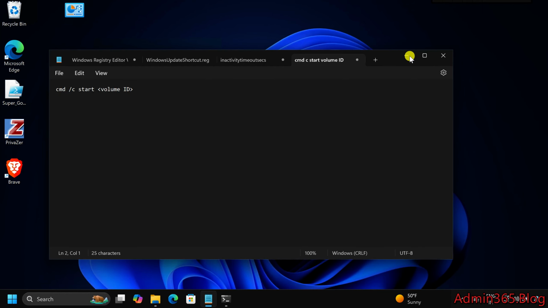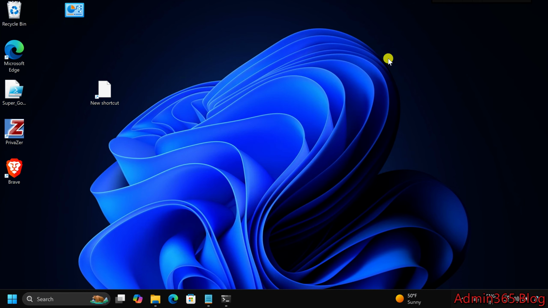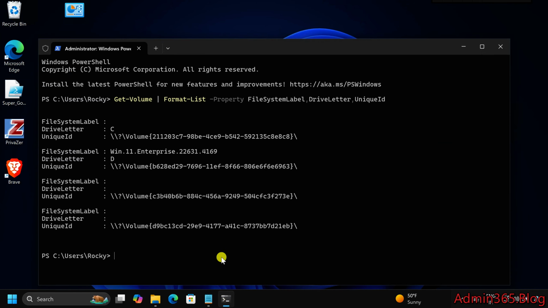How to create a shortcut to a volume in Windows 11 using a unique identifier. Brief explanation: creating a shortcut to a specific drive or volume in Windows 11 can be helpful for quick access. This guide shows how to use Windows PowerShell to find the unique identifier of a volume and create a shortcut on your desktop. This process makes it easy to access the desired drive or even pin it to your taskbar